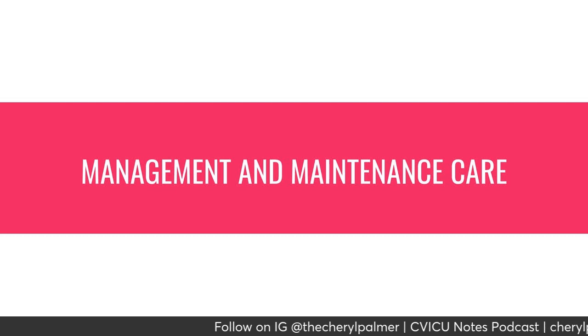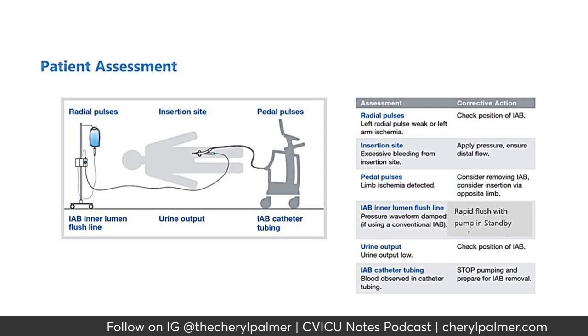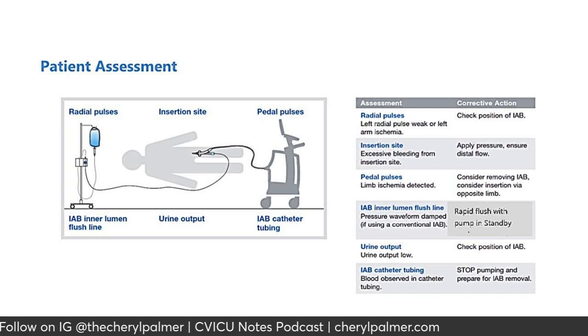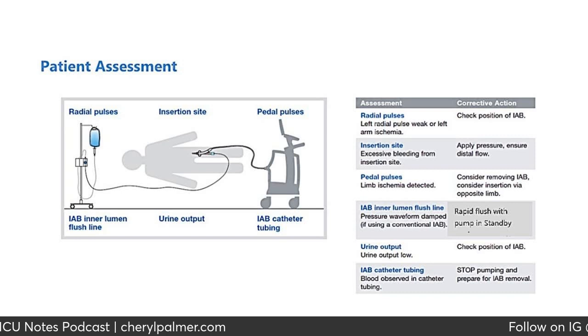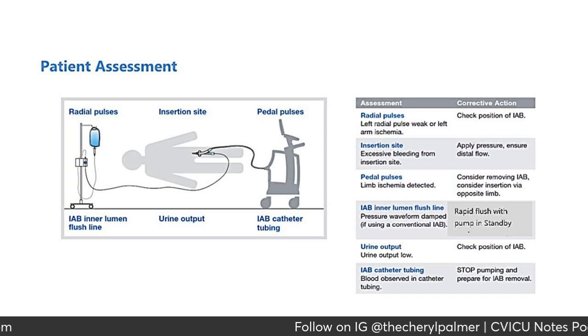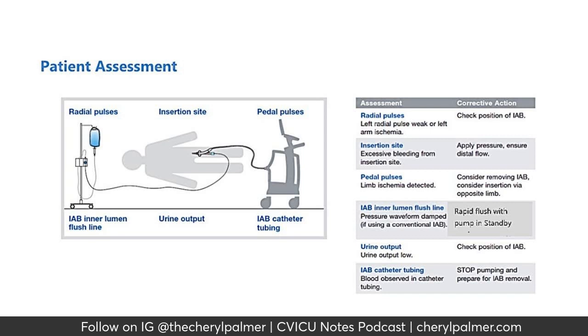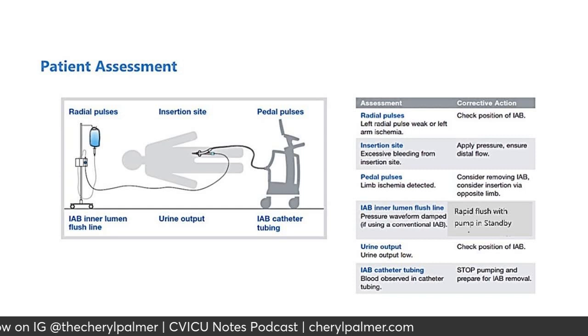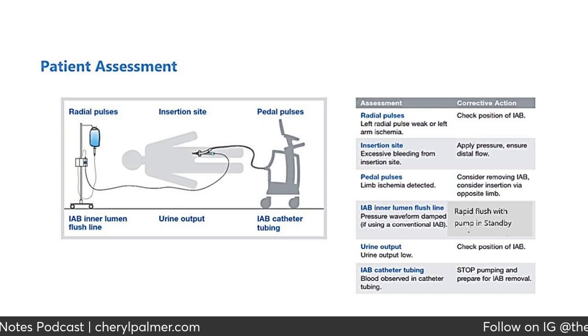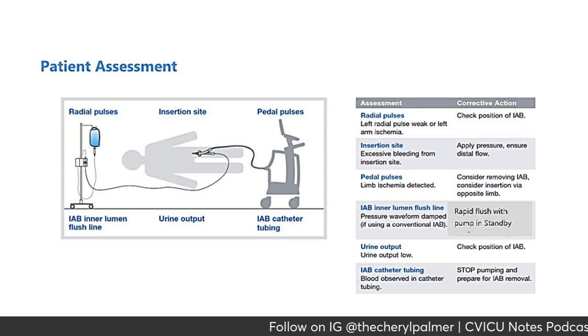Management and maintenance care. Well, you have to pay attention to radial pulses, the insertion site, pedal pulses, urine output, the balloon catheter tubing, and the flush line. So for assessment of the radial pulses, you want to check your left radial pulse,